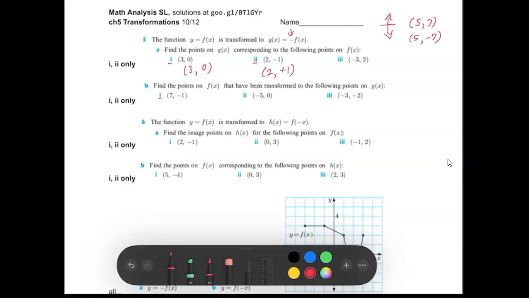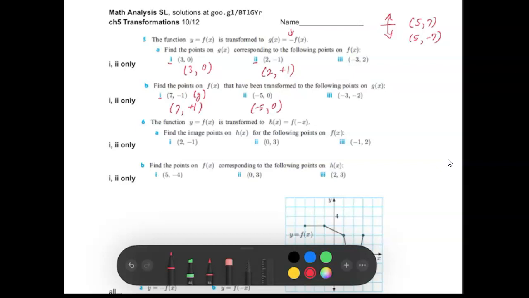So now we're going to take f of x, and it's been transformed to these g of x points. So these are actually g of x points, okay? And so now we're going to go backwards, okay? So the x is going to stay the same again, and then the y coordinate is going to invert to whatever the other sign was. So 7, negative 1, if that's g, the original f coordinate is going to be 7, positive 1, right? And negative 5, 0 is just going to be negative 5, 0, and nothing changes because the negative of 0